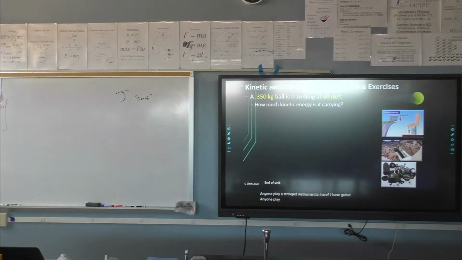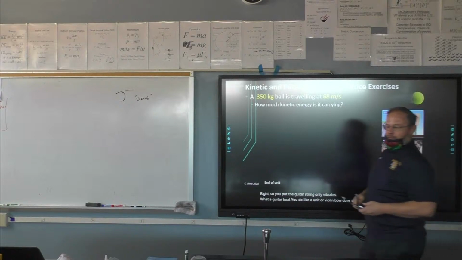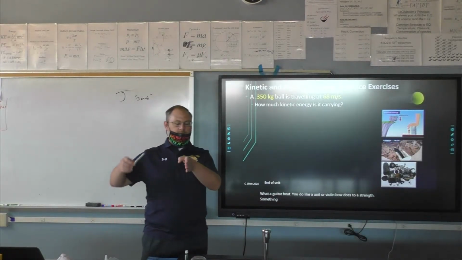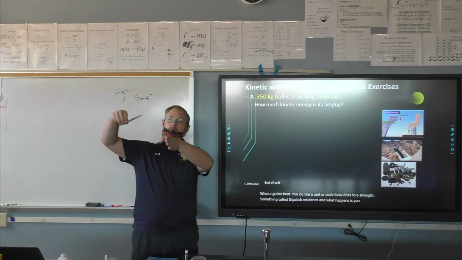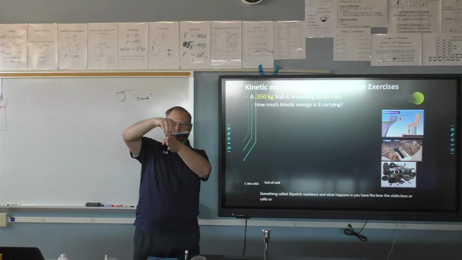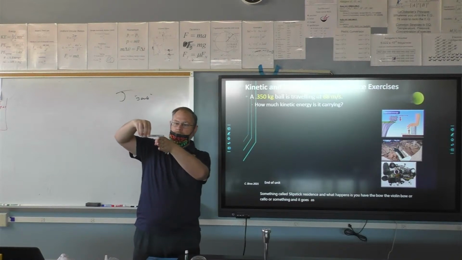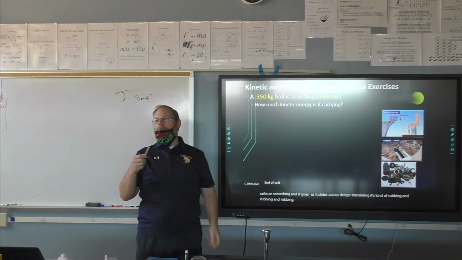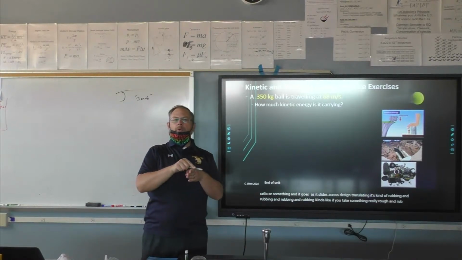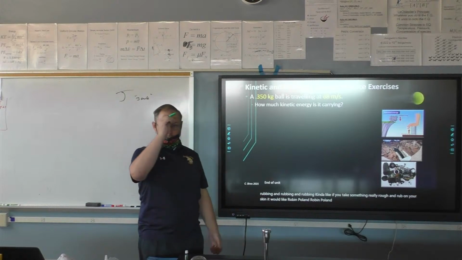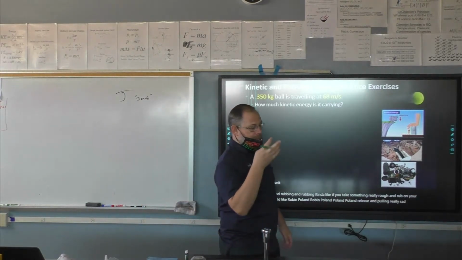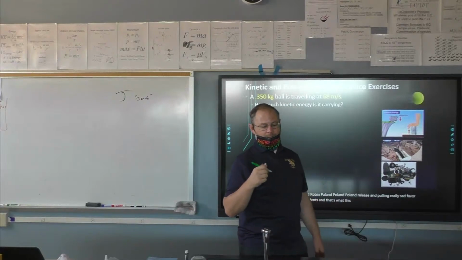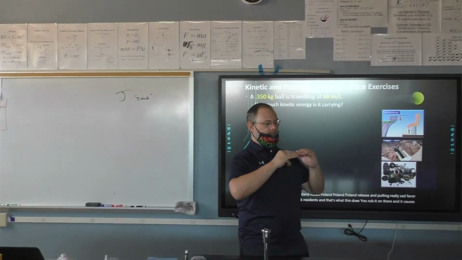A violin or a cello? Okay, so you pluck the guitar string, boom, it vibrates. You know what a violin bow does to a string? Something called slipstick resonance. The bow goes pop, pop, pop as it slides across. It's not actually sliding, it's rubbing and pulling and releasing, like sandpaper on your skin. That's what this does. You rub it on there, and it causes the aluminum to vibrate and vibrate and vibrate,